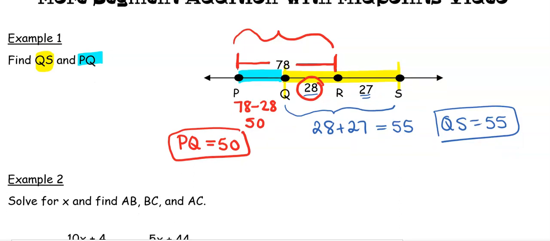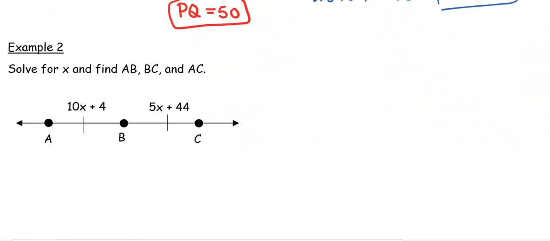All right, next one, solve for x. So we see this symbol here. This is a congruency symbol. A congruency symbol can look pretty much like anything. A lot of times I'll use circles, or I'll use a double line, or I'll use a squiggly. A congruency symbol is just the same symbol showing that your pieces are the same. So this diagram is showing me that the segment AB has the exact same length as the segment BC, which